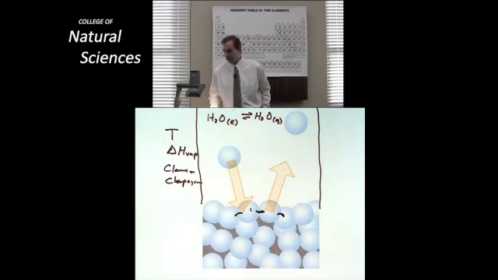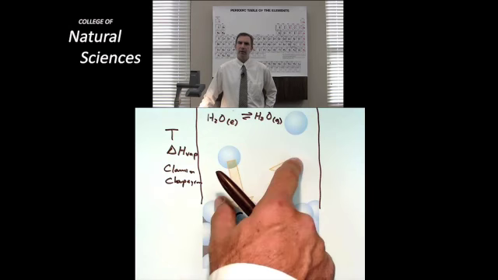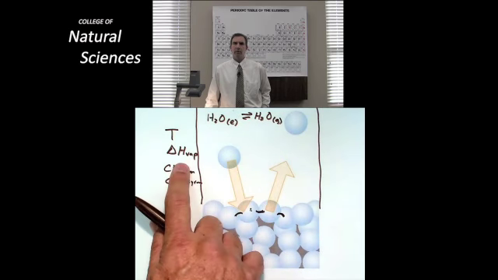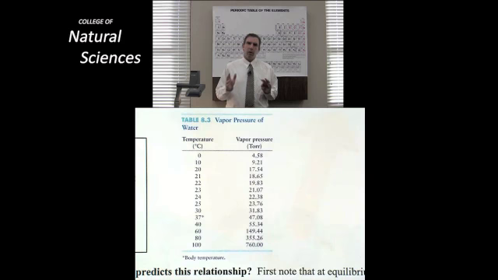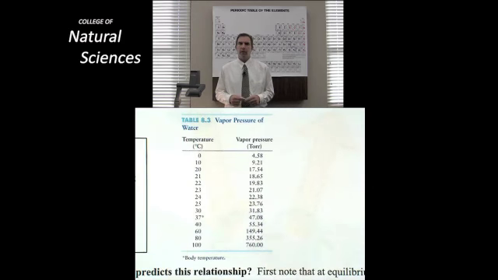But don't lose sight along the way that basically what I'm doing is deriving a mathematical expression that makes utter sense in that it suggests that there's a temperature dependence to my ability to get gas molecules into the vapor phase or to condense them, and that it's tied up in this idea of intermolecular forces. It's always good, just before actually doing some sort of fairly challenging derivation, to predict what it is that we're going to see for an answer when it's all said and done. This right here is the experimental data for the vapor pressure of water. And I wanted to show it to you now before we tried to derive the equation that was going to generate it, so you could have a sense of what was going to turn out.